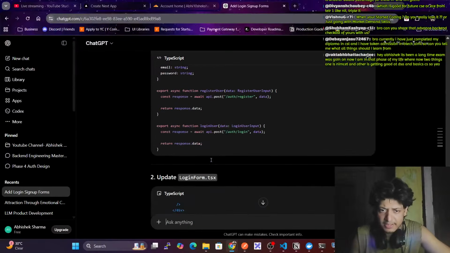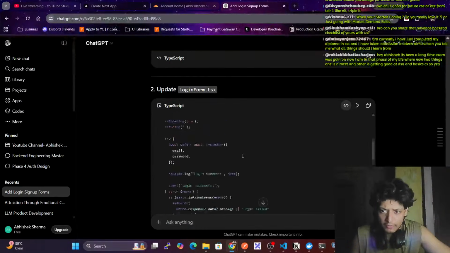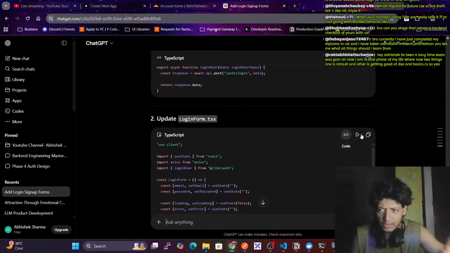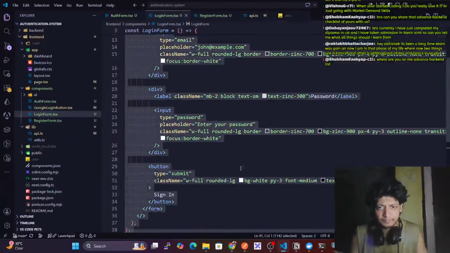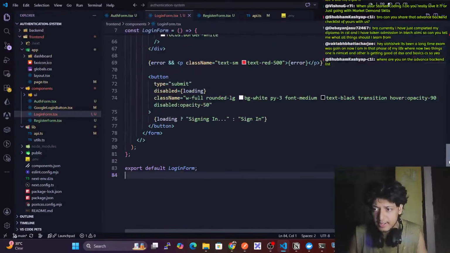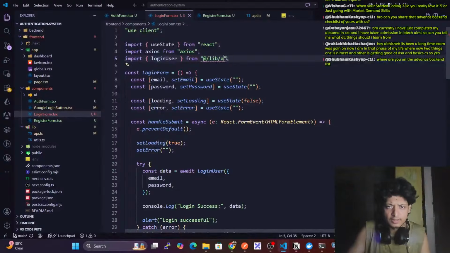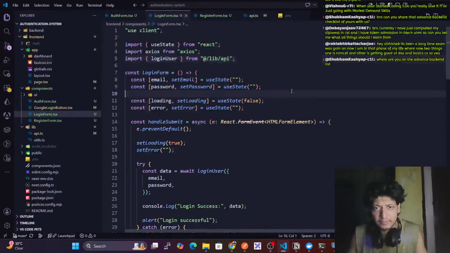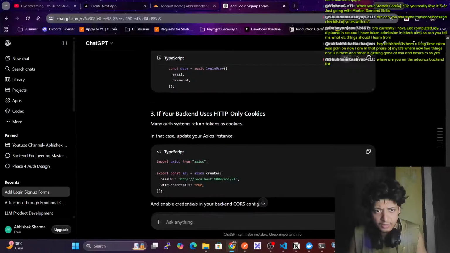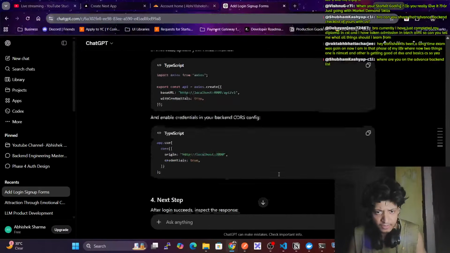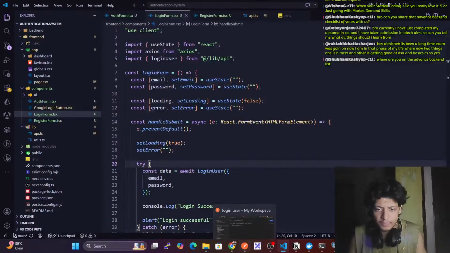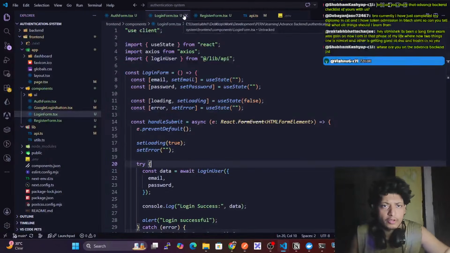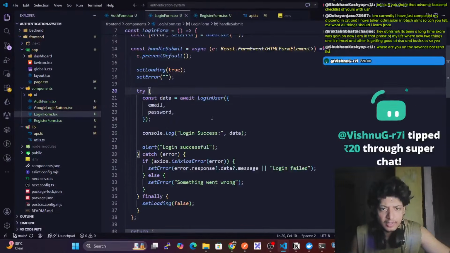Auth.ts, this part is done. Update login form here. Yeah, copy this login form. We have this login form. Okay, and here also this will be lib/API. Okay, we have this login form part. Yes, with credentials too, we have already done it. Done. Okay, now if I go here, if I go to login form and login user,